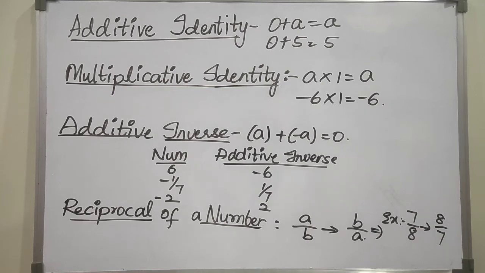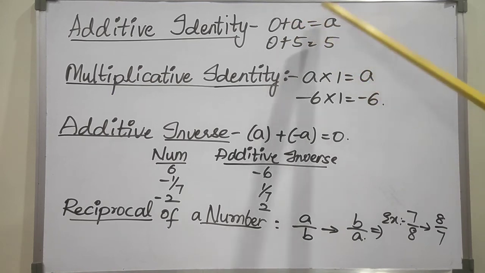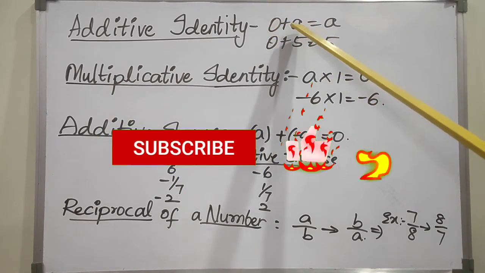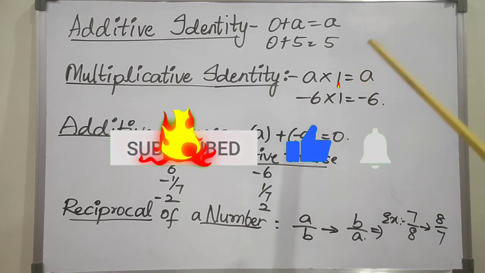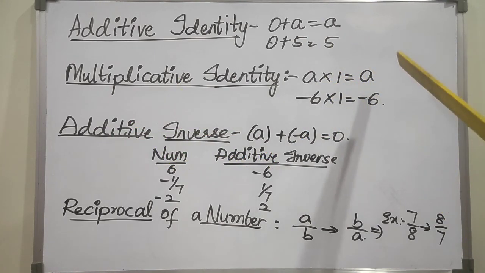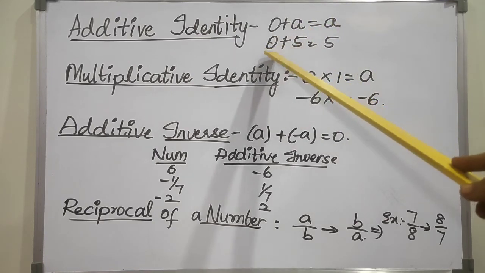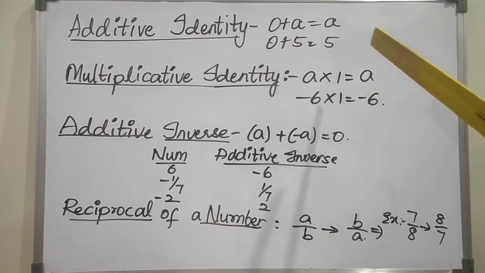So the additive identity is the number which when added to any other number results in the same number. Means when you add to any rational number or any number, the result will be the same number. When added to another number, it gives the latter number itself. If we add 5 with 0, then the answer is also 5, the same number which we added, right?